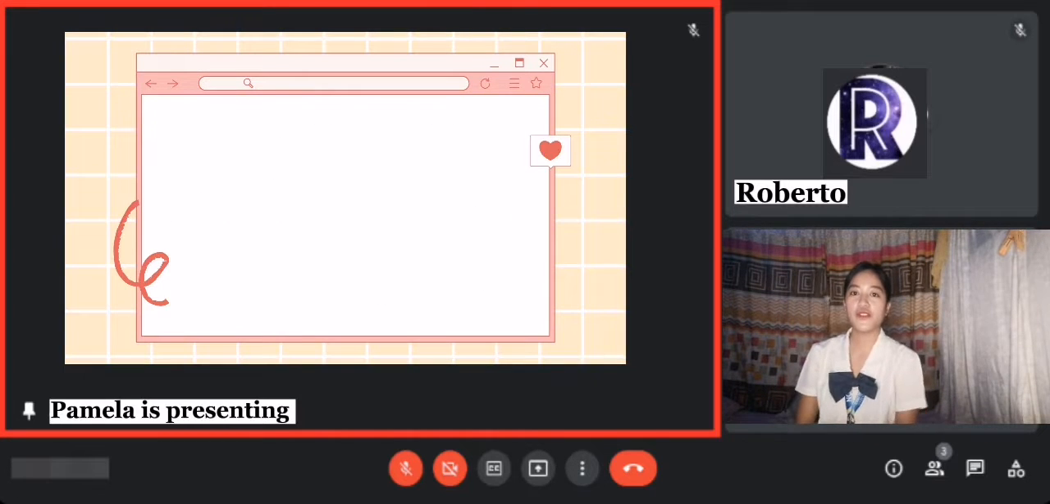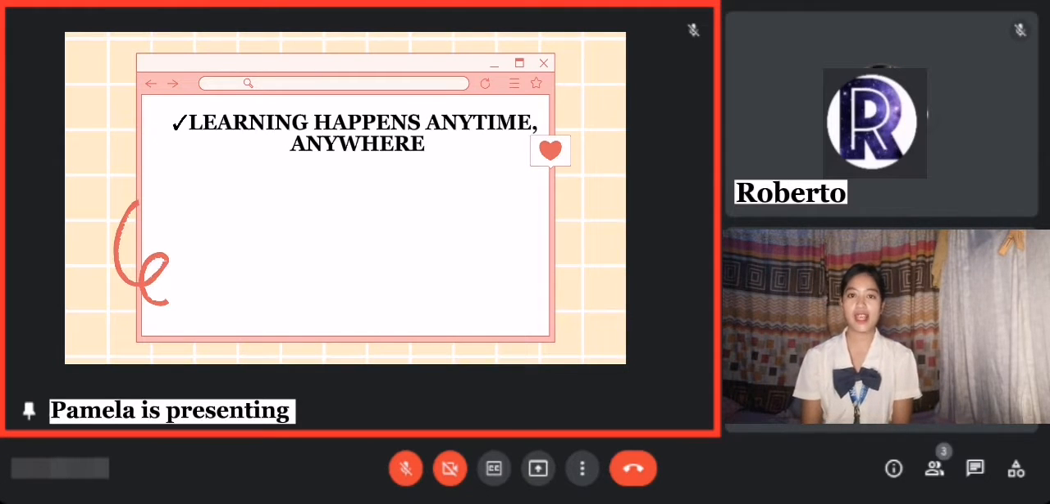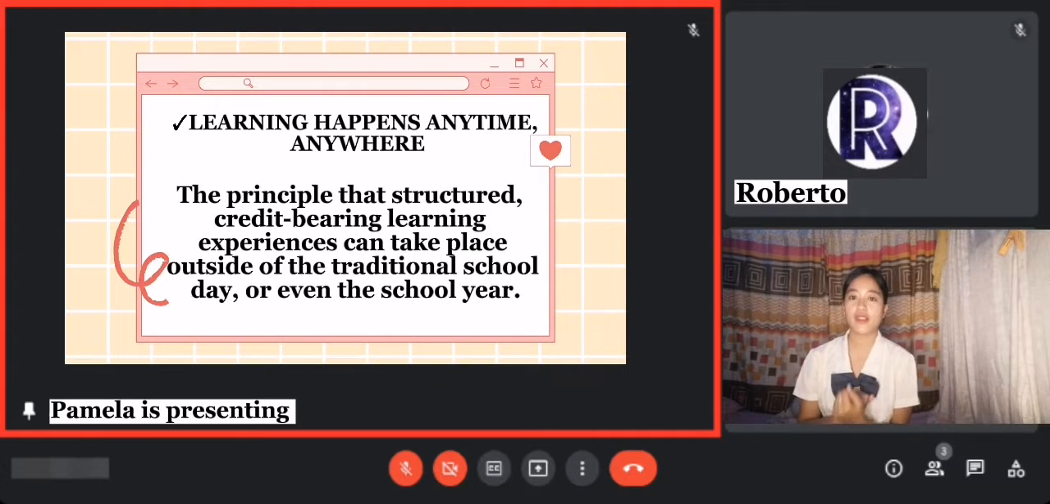And now let's proceed to the third principle of the student-centered approach, which is that learning happens anytime, anywhere. Learning that happens anytime, anywhere is the principle that structured credit-bearing learning experiences can take place outside of the traditional school day or even the school year, so that they can take place in the community and are not restricted to the classroom. So today, learning takes place in a variety of settings, such as sa balay, sa classroom, online setup,